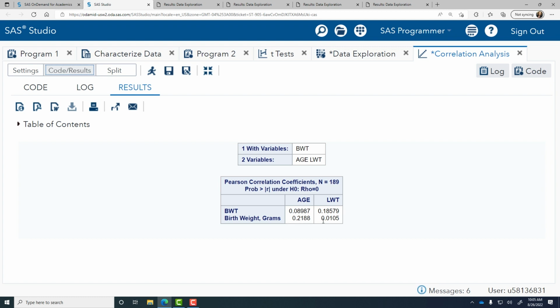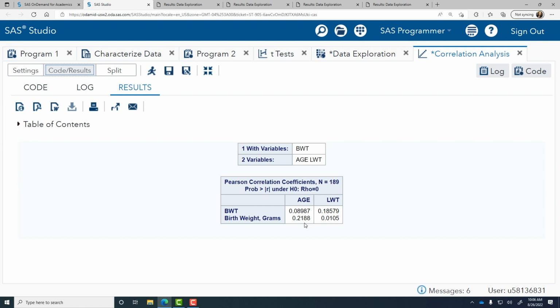And then the second row, these are p-values for a hypothesis test, testing whether these correlation statistics are different from 0. Since the p-value for the test for the correlation between birth weight and pre-pregnancy weight is less than 0.05, we see that this is a significant correlation in that it is significantly different from 0. And since the p-value for the relationship between birth weight and age is greater than 0.05, we see that this is not a statistically significant relationship.